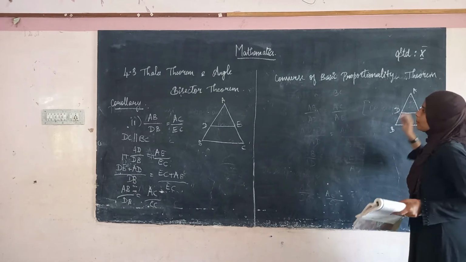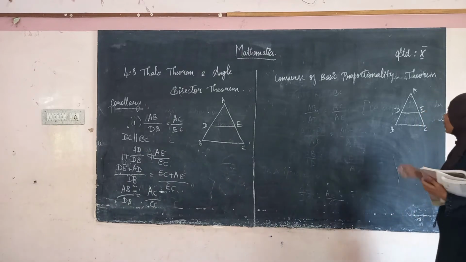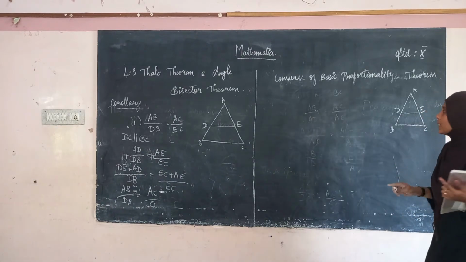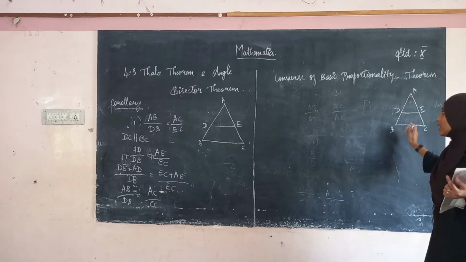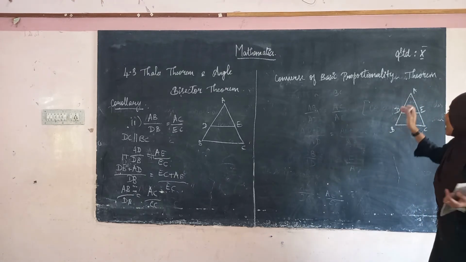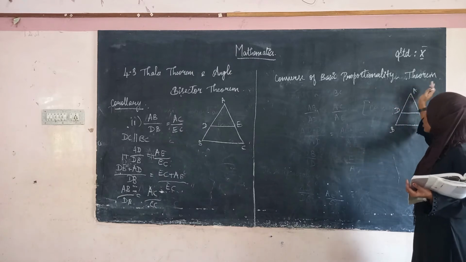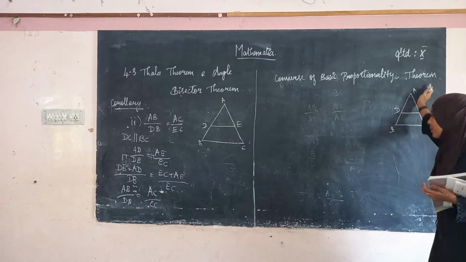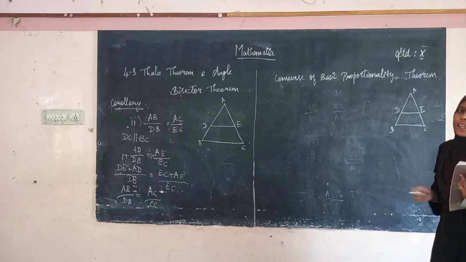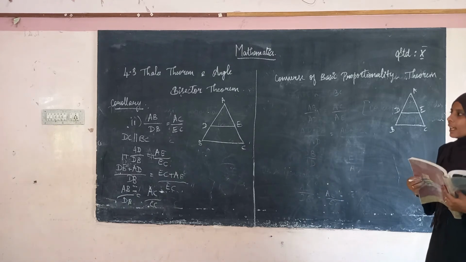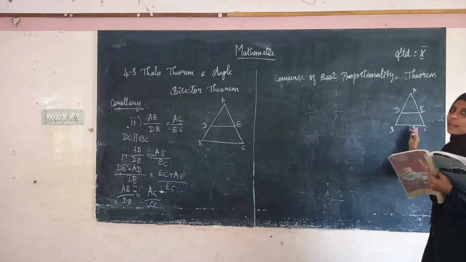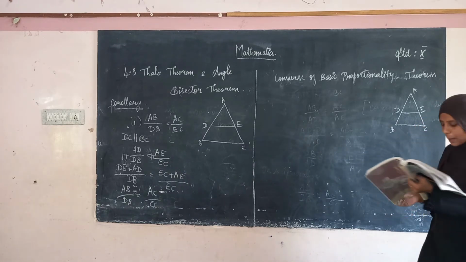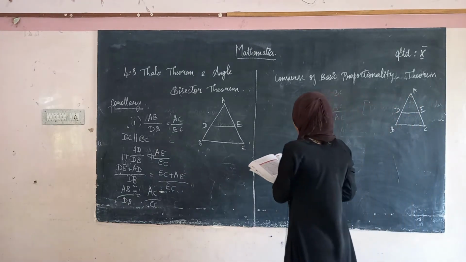Okay, so first in the basic proportionality theorem, when we proved it, we first took this line as parallel, then we said that this line is dividing the other side in the common ratio. Here it's the converse, that is, the line divides the two sides in a common ratio, we are going to assume that, then we are going to prove these two lines are parallel, that is the converse. It is the same statement; there we take the first step and prove the second, here we take the second step and prove the first, that is the converse. Okay, and see here how we are going to prove.